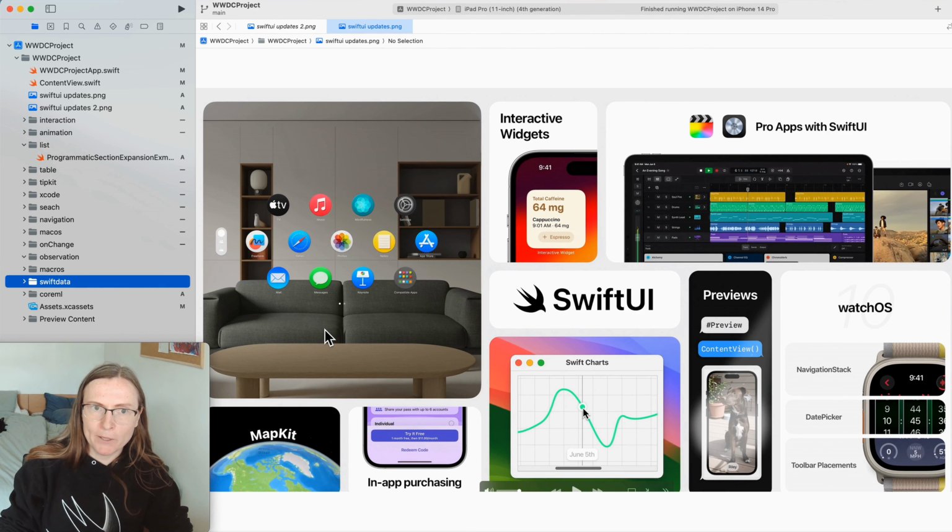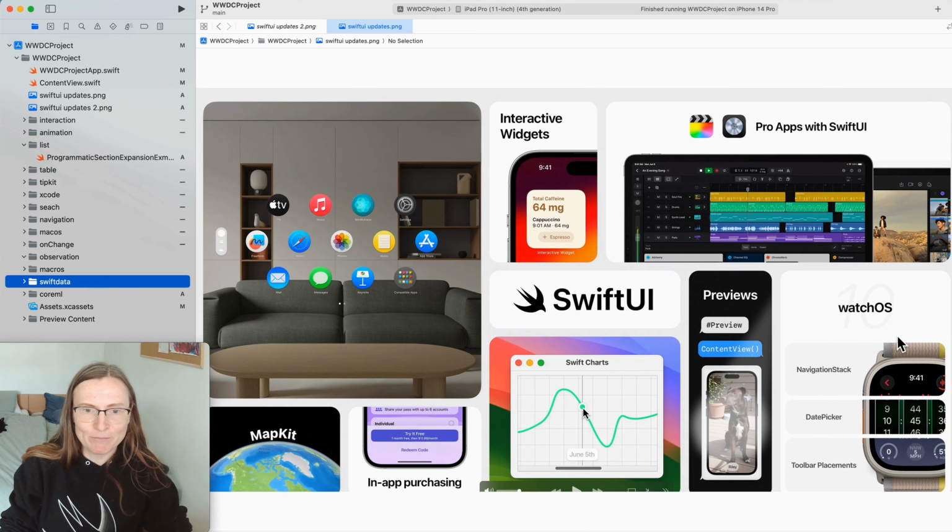Now I will do the fun part where I will go through some of the SwiftUI features and I show you what things you can now implement. And a lot of this is just additional. For example, more control over MapKit, in-app purchases, so you don't need to build the screens yourself, interactive charts, a lot more about watchOS. I don't really have an Apple Watch, so I never understand the whole point of this,